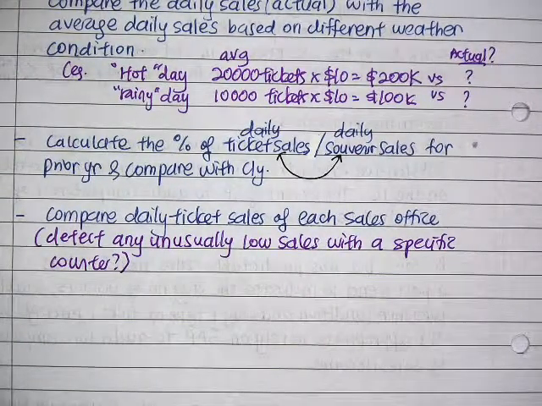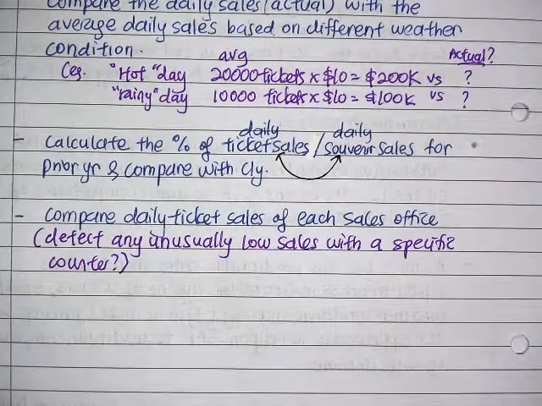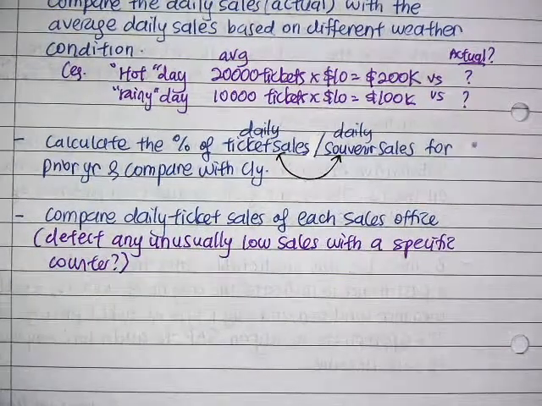Okay, because all counters are open the same throughout the day. So by right, all counter sales should be more or less the same. But how come your particular counter is always lower than the rest? Then probably the cashier is not very honest. Okay, now this is an example of what we can do over here. That's the part to do with how to test daily sales.